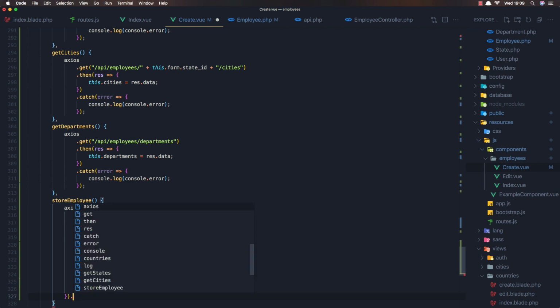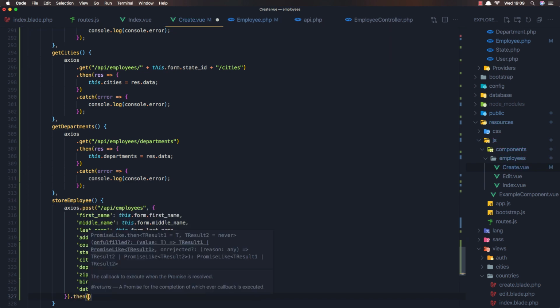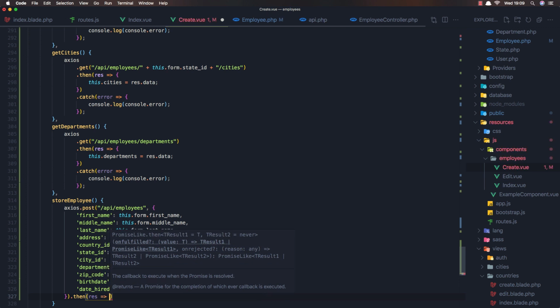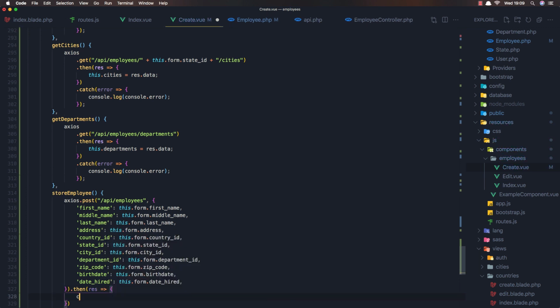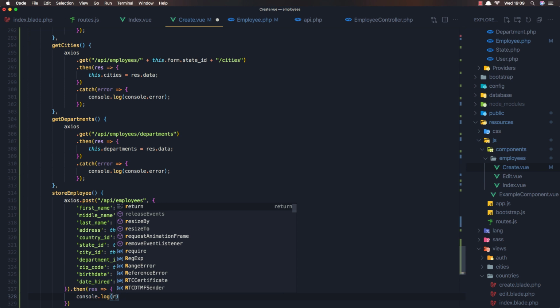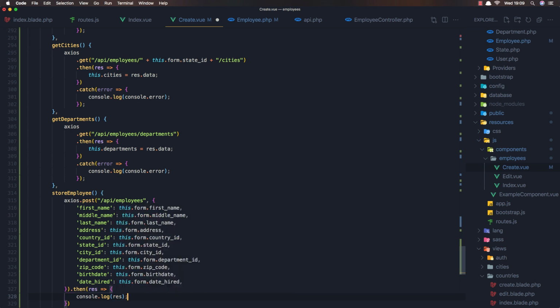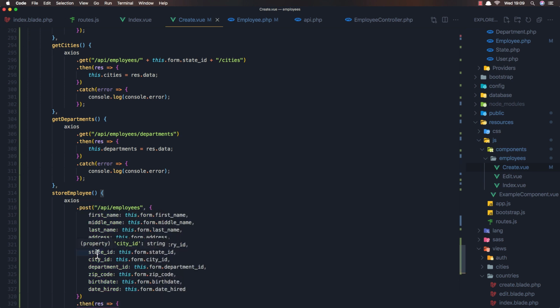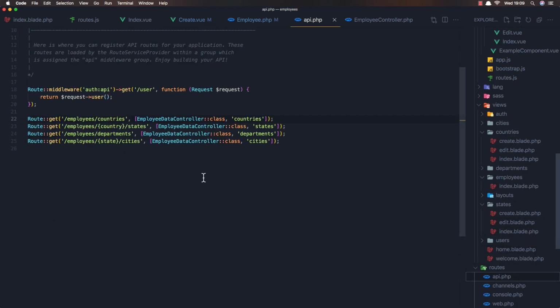Okay, and then for now I'm just going to console.log the result. Okay, and save this one. Now we don't have this API employees route yet. So if we go to the API, we have only the routes for the countries, states, departments, and cities. And I'm going to